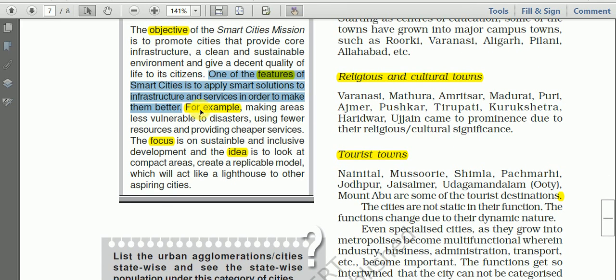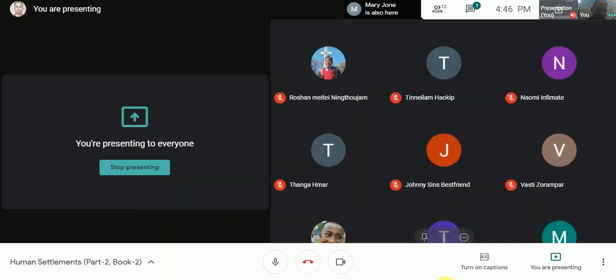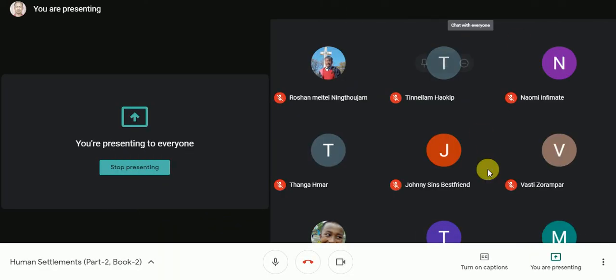So for example, making areas less vulnerable to disaster, using fewer resources and providing cheaper services. Examples of these smart solutions: making areas less vulnerable to disasters. If the city or town is frequently flooded, then we must try to avoid